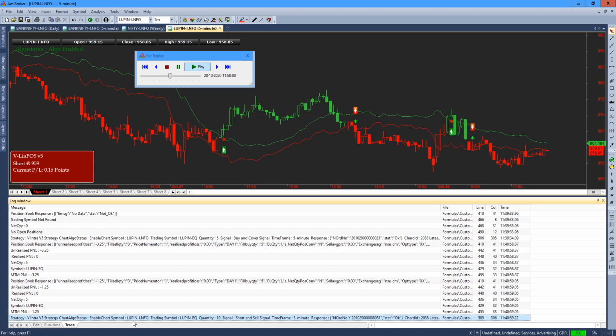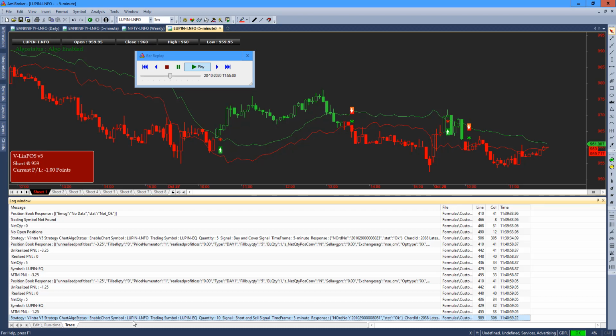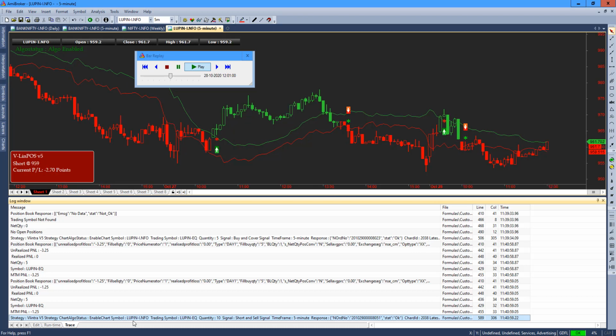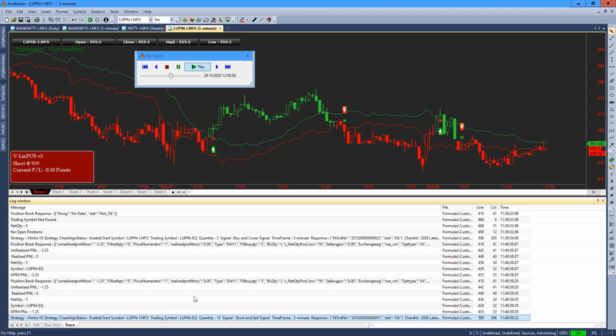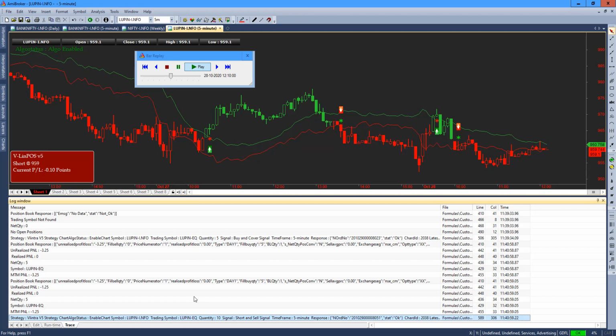So it will not blindly keep on doubling on every trade. It will check your system: if there are no positions, it will take only one time, or if positions are already there, it will try to double the positions. So now we are looking for a possible buy signal here. Anytime that buy signal can happen. Now let's see, again here it should also double, but it comes with a warning tag.